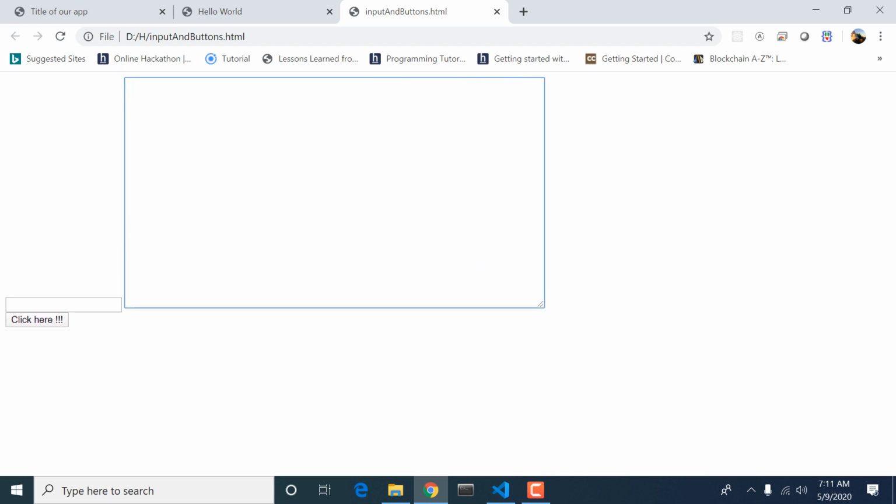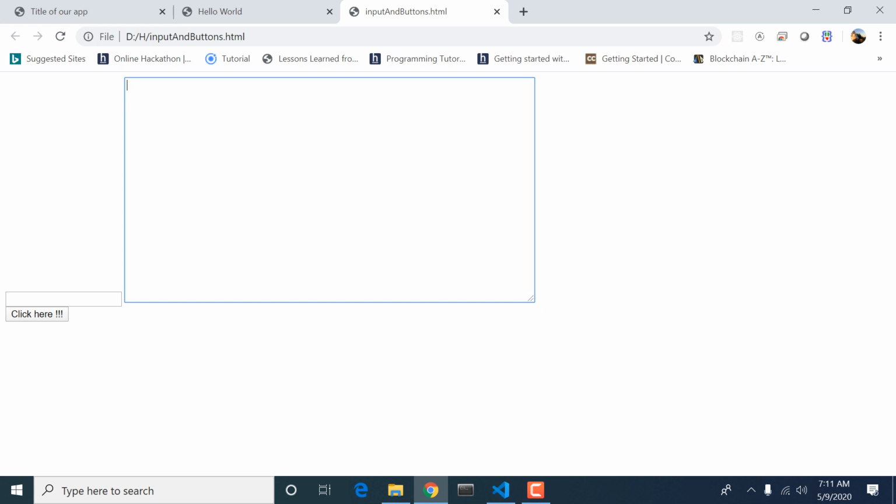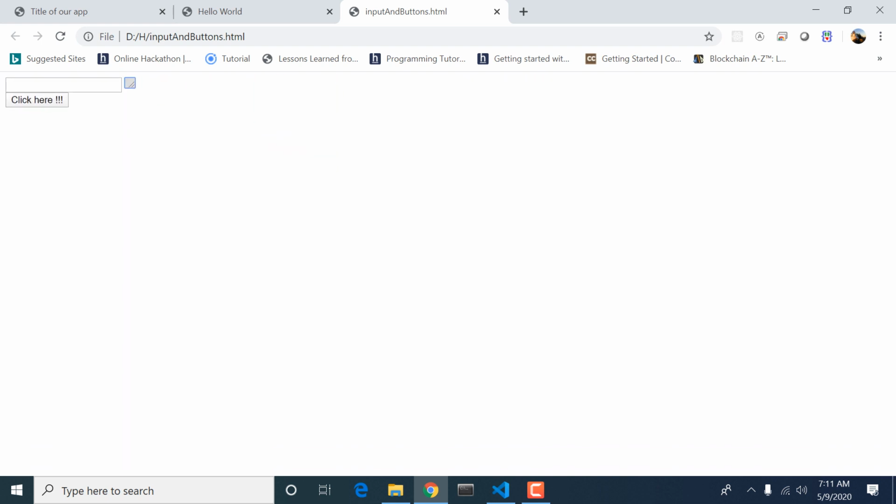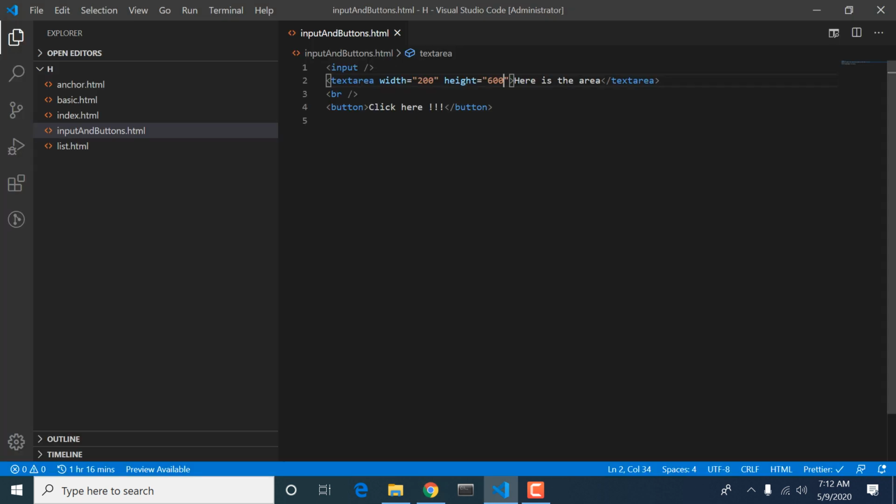We can expand it. We often see in forms, like when we have first name, last name, email, and description, we have a bigger area. This is known as the text area. Okay, so we have covered the button so far.